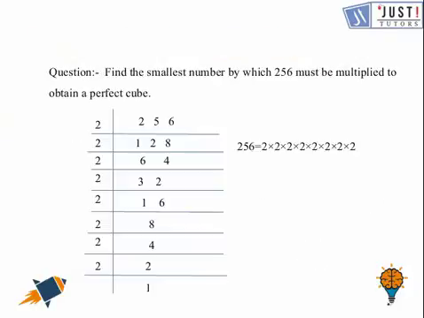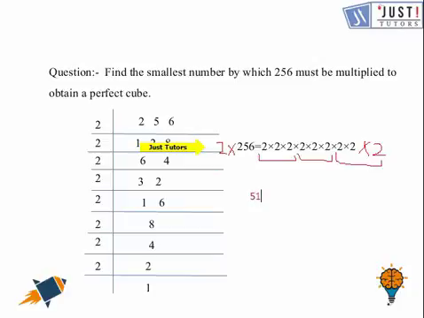So now let us try one more question here. Let's try this one. So here, I need to find the smallest number by which 256 must be multiplied to obtain a perfect cube. So since 256 is not a perfect cube, after doing prime factorization here, when I'm going to pair them, this is one pair, this is the other one, and this I cannot pair because for cube I need a number multiplied by itself 3 times, but there are only 2 numbers. So what I'm going to do, I'm going to times it by 2 here to make it another pair. Similarly, I need to times 2 here as well. So here this will become